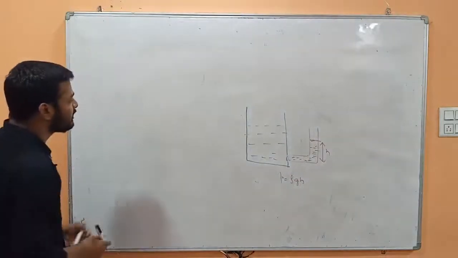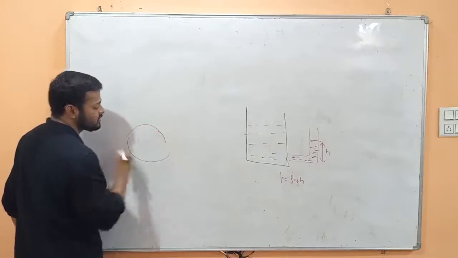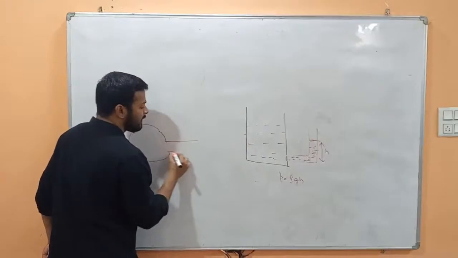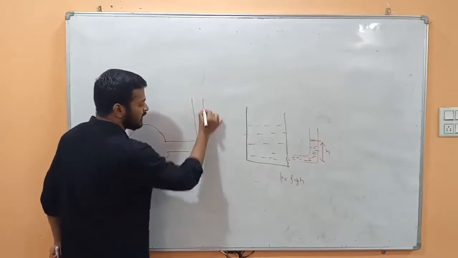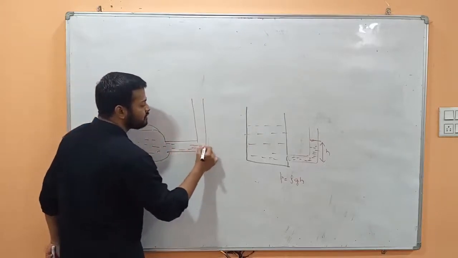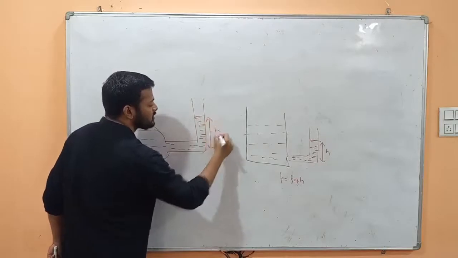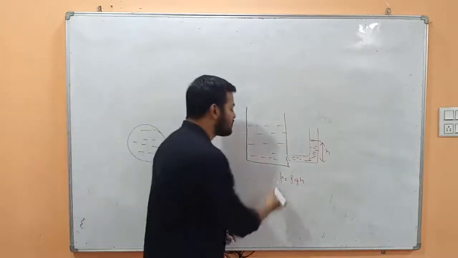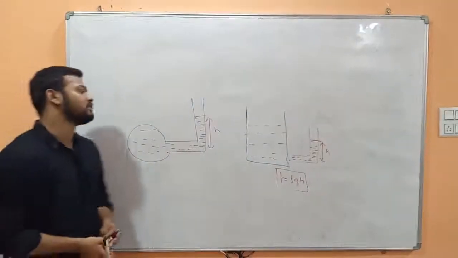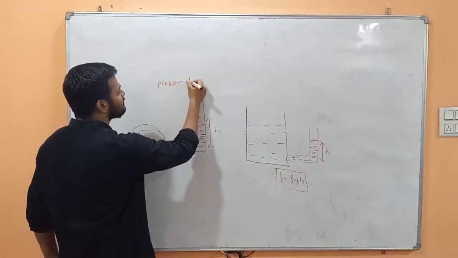This can also be connected to pipes. This is the symbol for pipes in fluid mechanics. This circular shape is usually for pipes. If I connect this piezometer to a pipe, because of the pressure of the liquid, the liquid will rise in this glass tube and we will get some height of water. This height can be substituted in the formula of pressure, that is rho g h, and with the help of this we can find out the value of pressure. So this type of pressure measuring device is called a piezometer.